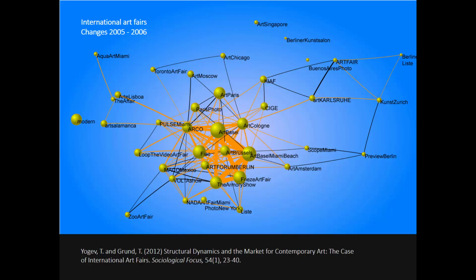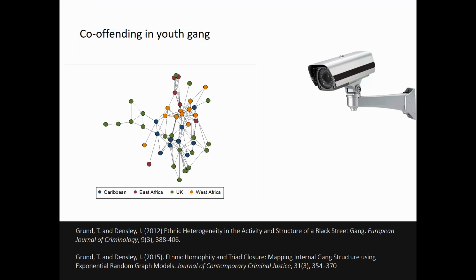Right? And then there's a whole other thing, and that's a lot of the things that I do. I look at how networks change in time, how they evolve. And then we try to understand why certain network relationships are forming, why others are disappearing, and so on. What does it mean? You can read up on that. It's all published stuff. There's some other stuff that I did on co-offending. Again, you can read up on that if you want to.